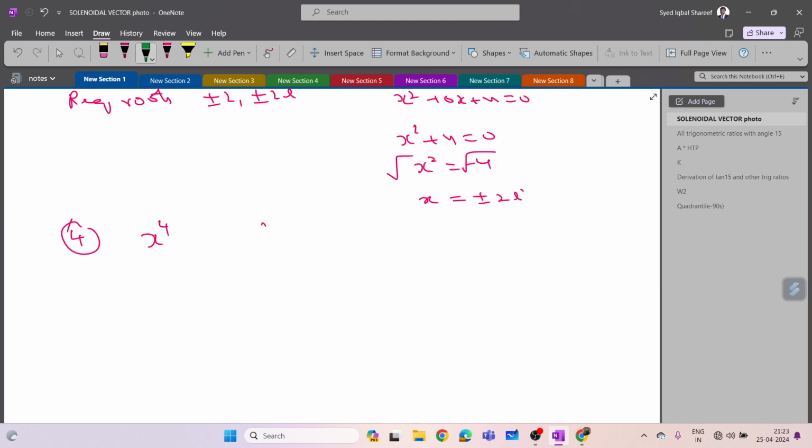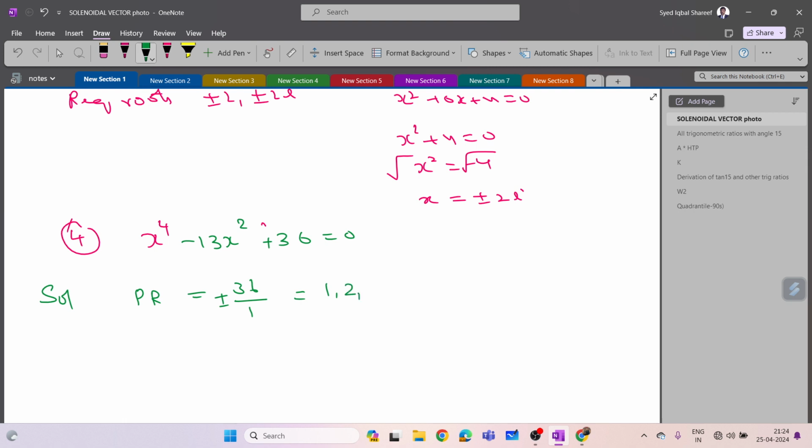Solve. Find the roots. x to the power of 4 minus 13x square plus 36 equal to 0. This is the root. Find the possible zeros or roots. So the possible roots will be plus or minus 36 by leading coefficient 1. So 1 is